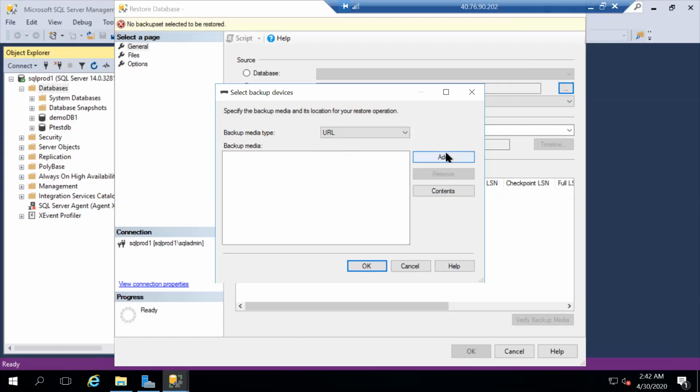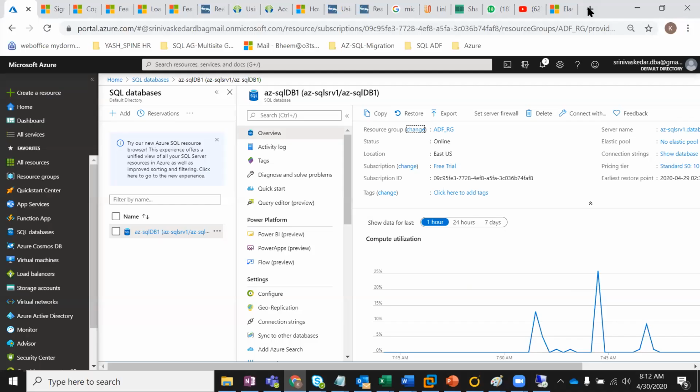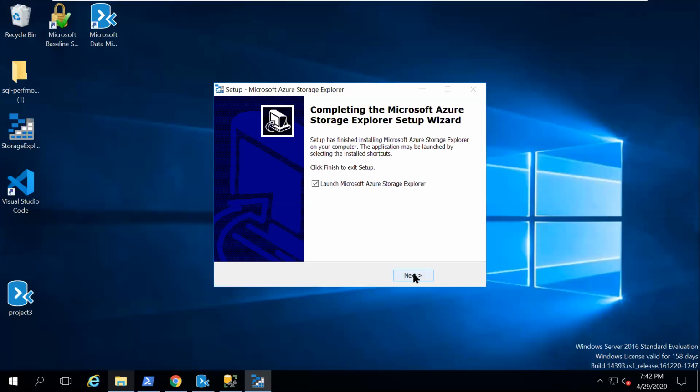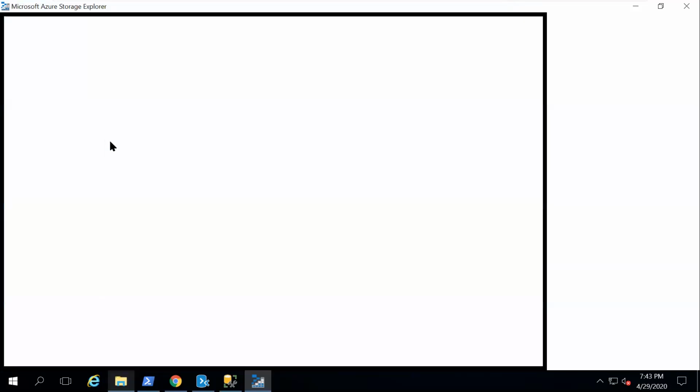When you go for this, it is blob storage navigation. Let's say you already moved your backup files, if it is 200 gigabytes and all. From here you can restore it. Okay, so how we are going to restore it and all, we can check it here. Here is my Storage Explorer.